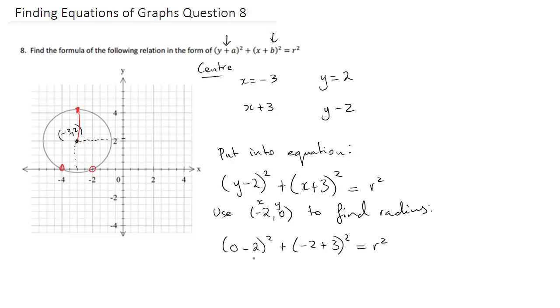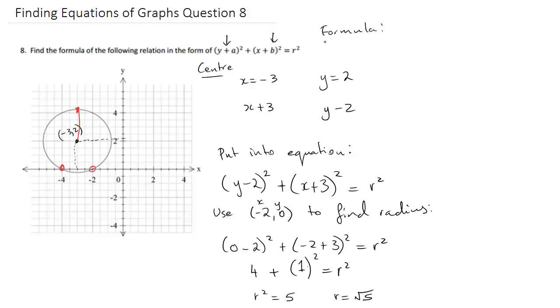squared. And then this is going to give us 4 plus, not -1, but just 1 squared equals to r squared. And r squared is equal to 5. So r is actually equal to square root of 5. That's the radius, but remember the formula already has r squared. So the formula of the circle